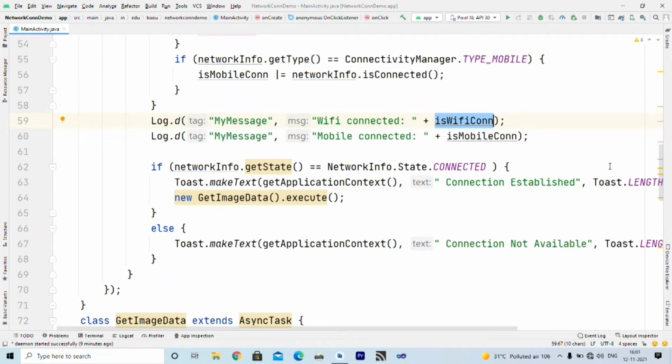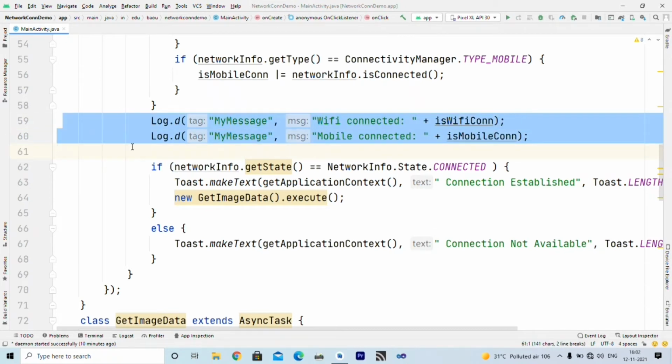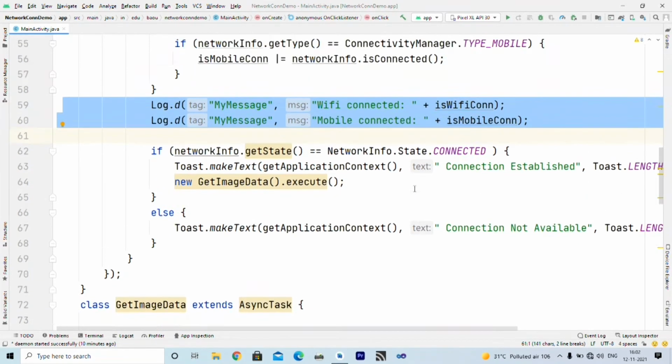If I am not connected with Wi-Fi, it displays Wi-Fi connected colon false. Similarly, if I am connected with a mobile network, then mobile connected colon true. If I am not connected with a mobile connection, then it displays mobile connected colon false. So whatever network we are connected with will be displayed inside the logcat window.